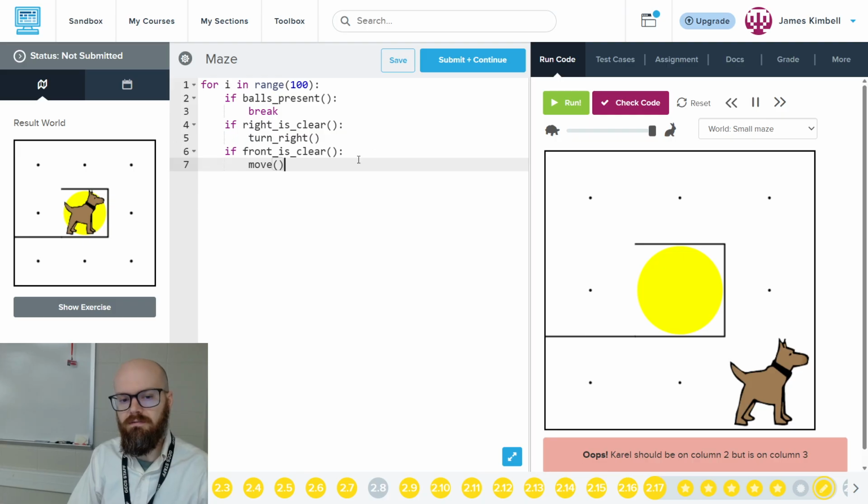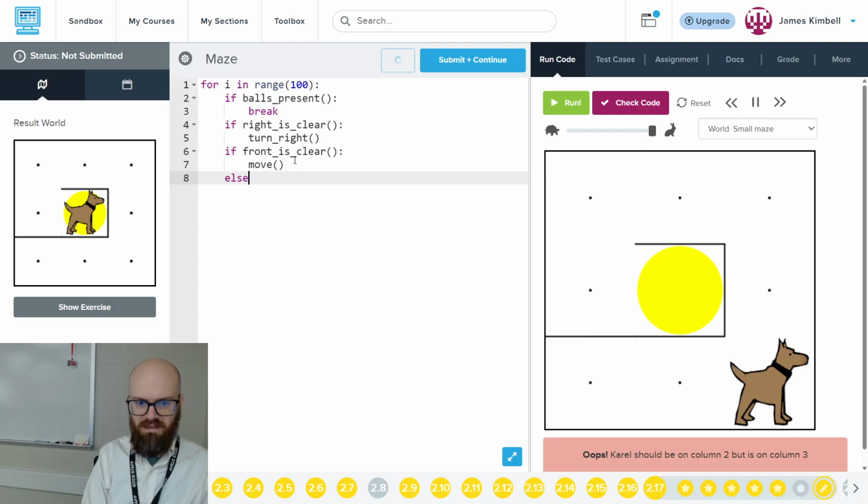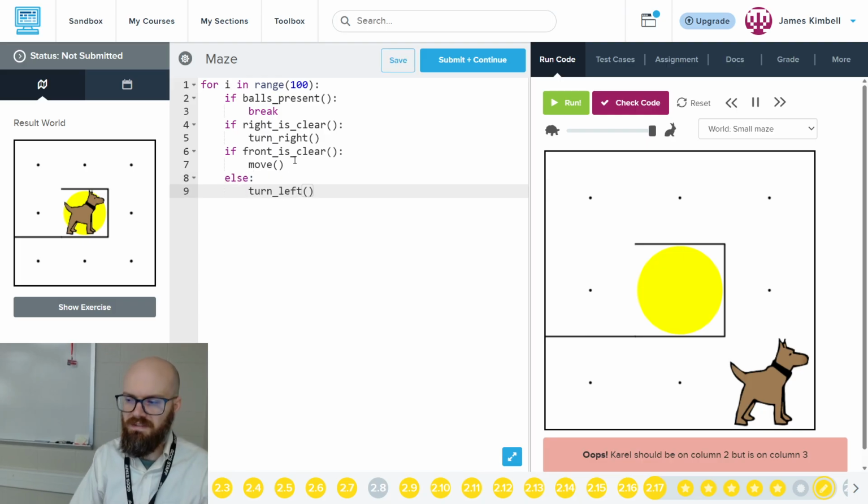So, okay, what do we actually need to do? Well, apparently, sometimes we need to turn left, okay? Can I add that and be done? Maybe, because we'll have covered every possibility, right? I think what I'm going to do is to say else turn left. This is close to being the right answer. I think it's a little too much or a little unorganized, but it's darn close to being the right answer,